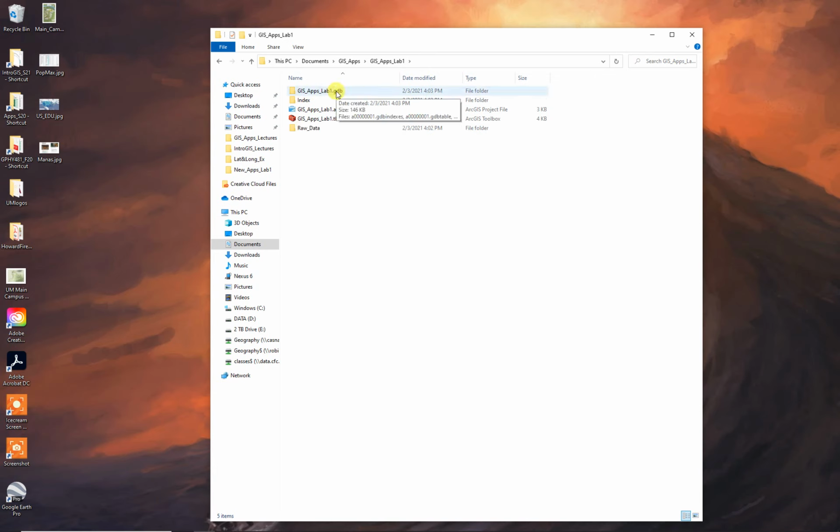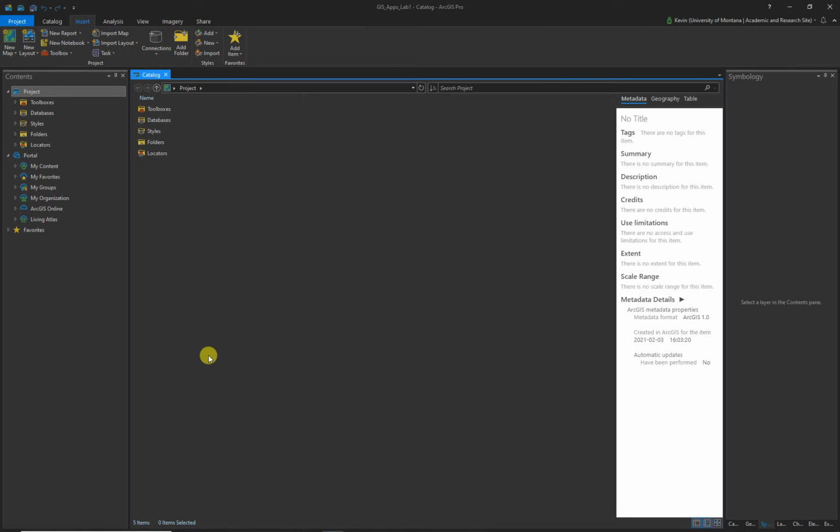They automatically made me a geodatabase. There is the ArcPro document. It made a toolbox and other things that I may or may not use. So now I've got everything I need. All right. So now we're going to go back to ArcPro and do a little bit of project layout real quick. So we've got the raw